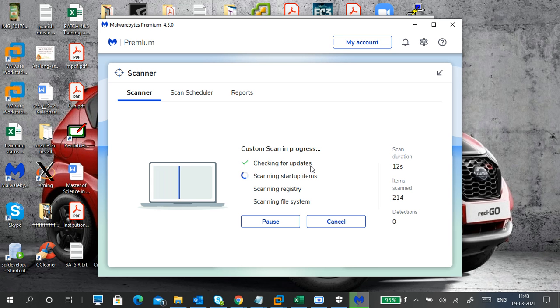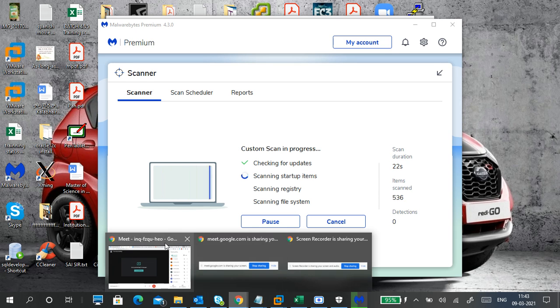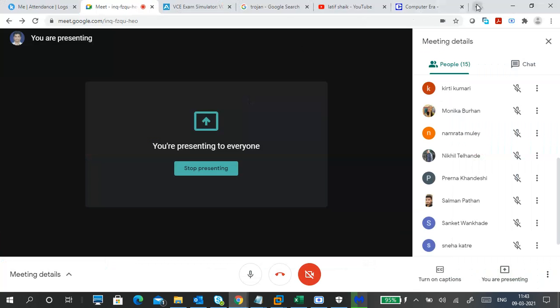A free account is also there, and a 14-day trial version is there. No need to go with the trial version, a free version is also available. If you don't have any antivirus, then don't buy any antivirus.